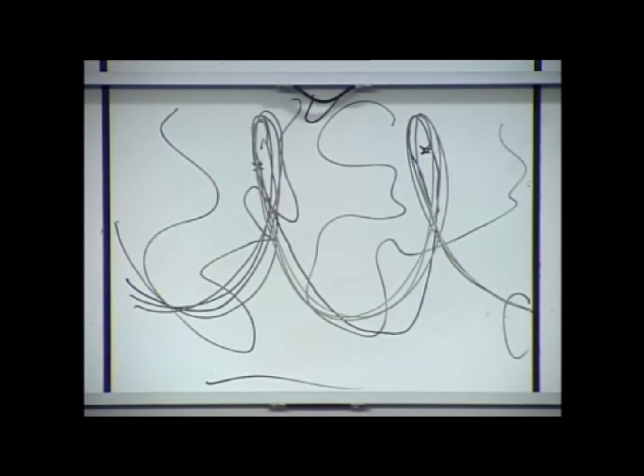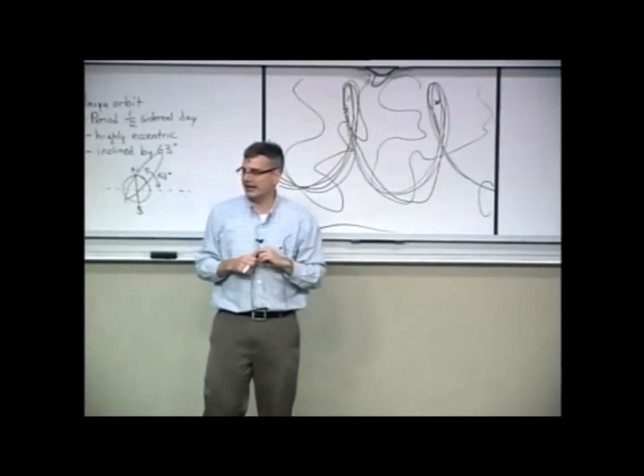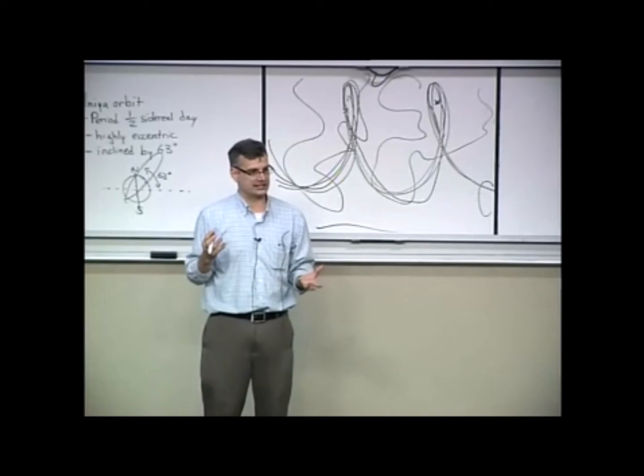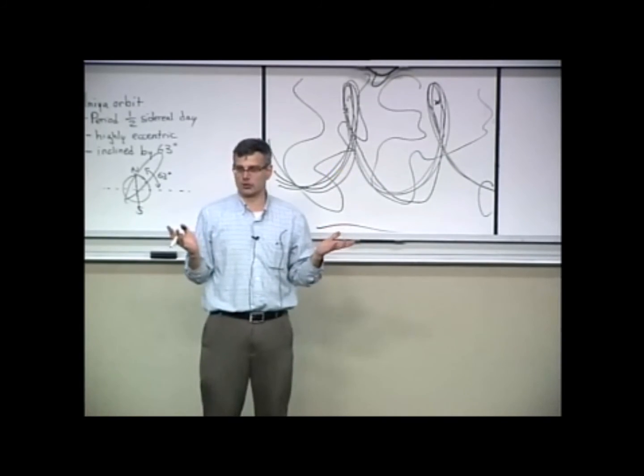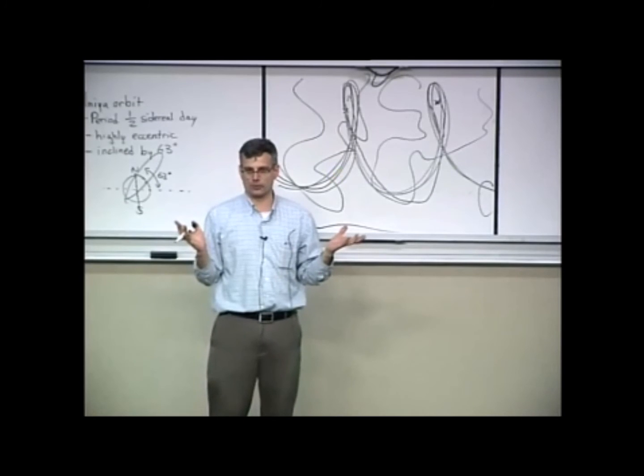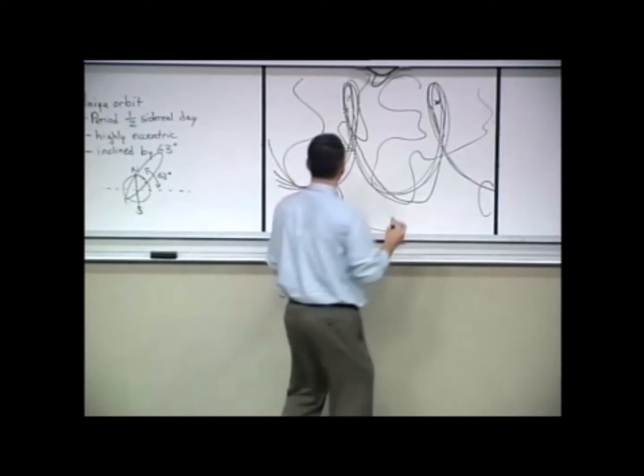Now, it turns out that the Russians developed a number of really clever orbits like this. And we shamelessly stole some of them for commercial purposes later on in life, right? So, for example, there's another similar orbit called a Tundra Orbit. This is a Molniya orbit. The Tundra Orbit